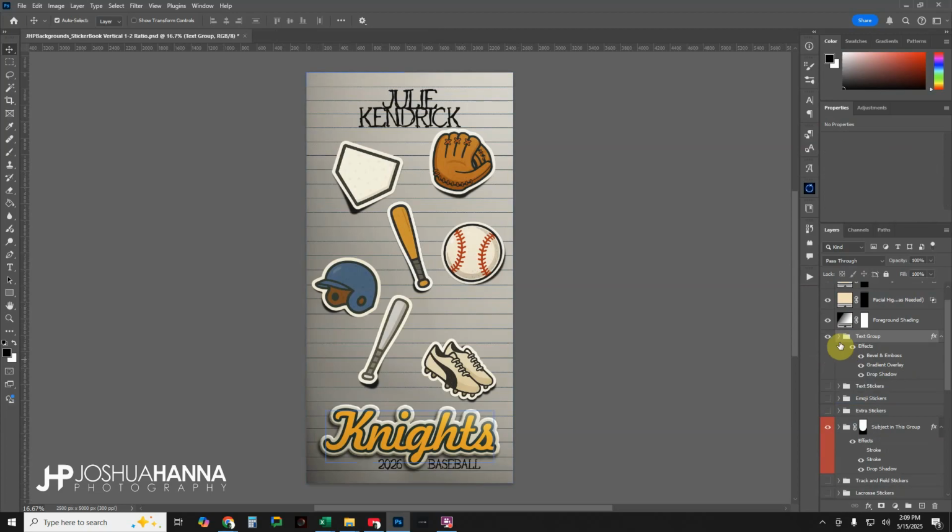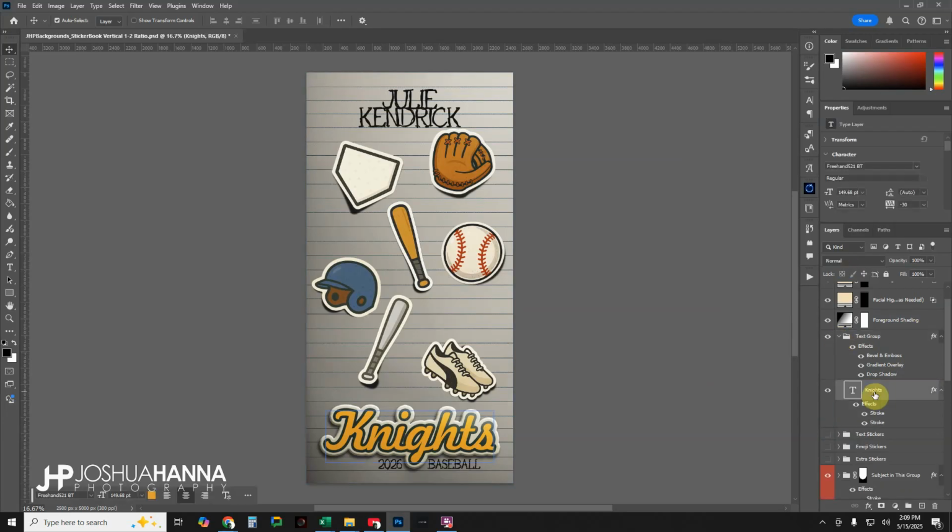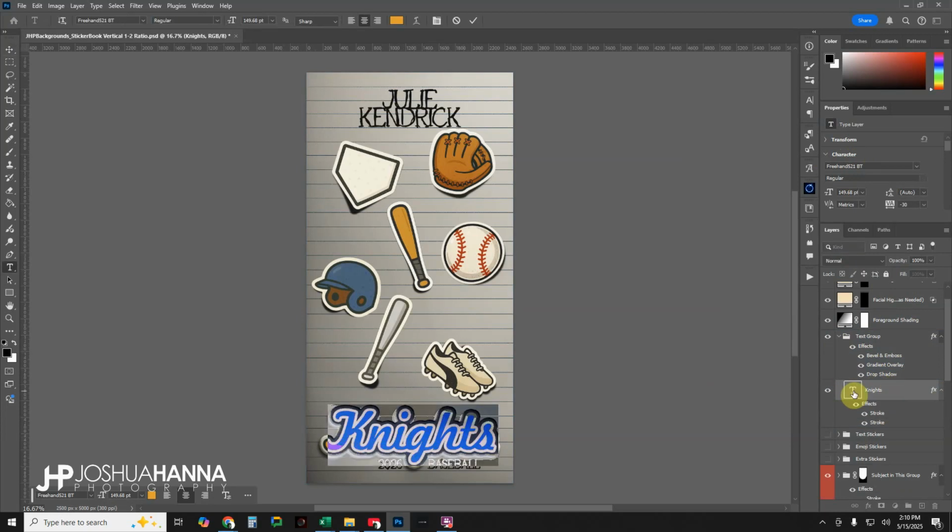Below that is our text group for our main text at the bottom. So this is grouped because we are doing some multiple layer styles to these. So if we expand this group, we're going to see, first of all, we have our text itself. This is normal text. And again, fonts can be found, links are on the product page. So we're going to just change this text as normal. So just type in the new text